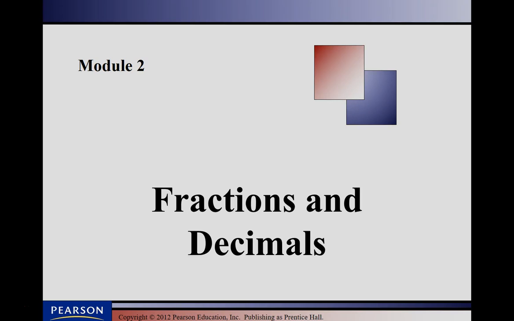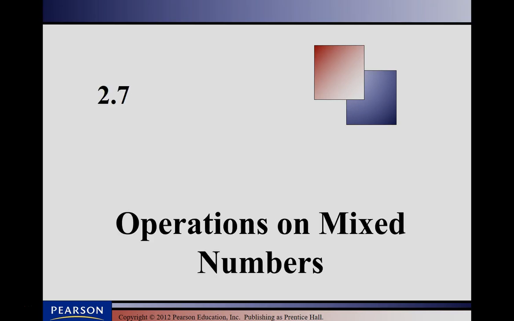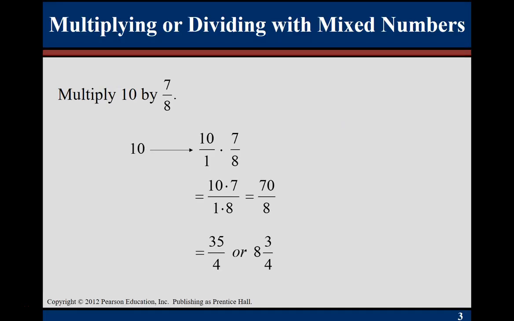Module 2, Fractions and Decimals. This is section 2.7, Operations on Mixed Numbers. When you're working with mixed numbers, you're always going to need to change them into an improper fraction when you're multiplying and dividing. If I was multiplying 10 times 8 and 7/8, I would need to make sure that this number